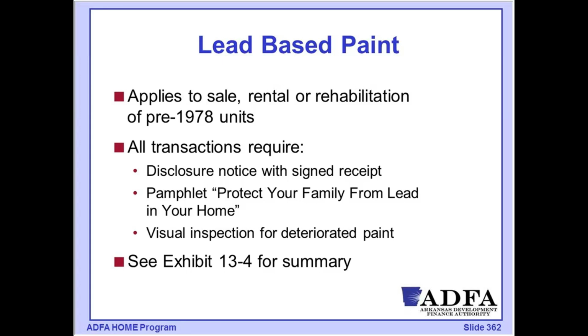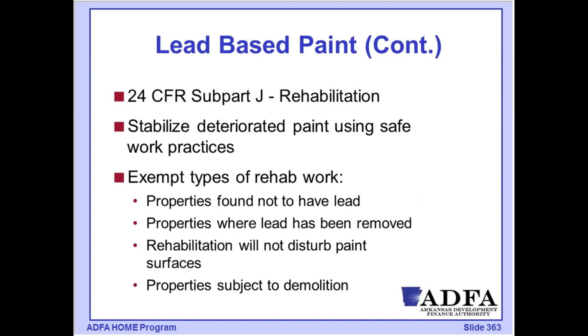If that property includes lead hazard reduction work, we're also going to be providing that household with information about the testing that was done and the clearance tests that would be done, so that they would have that documentation in place and also be aware of what work was being done, and what hazards might be in place or have been eliminated from their property. The regulations are found at 24 CFR Subpart J for rehabilitation, and what we're addressing is stabilizing any deteriorating paint surface, making sure that we use lead-safe practices.